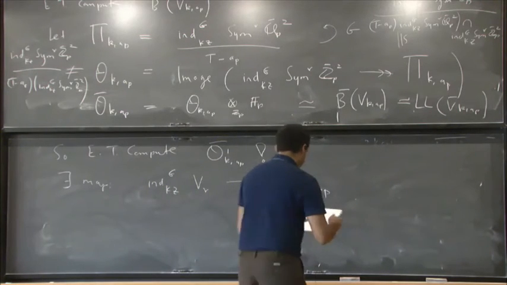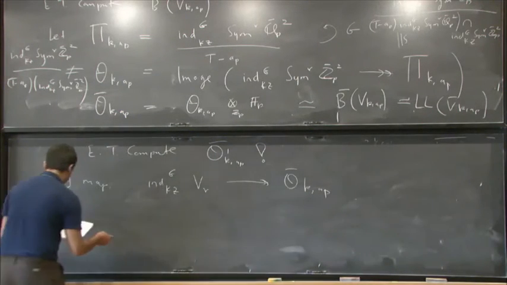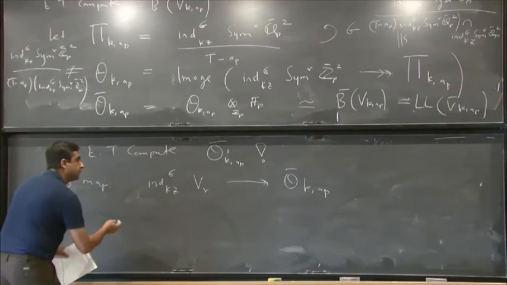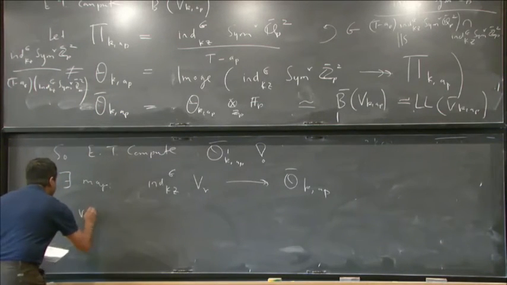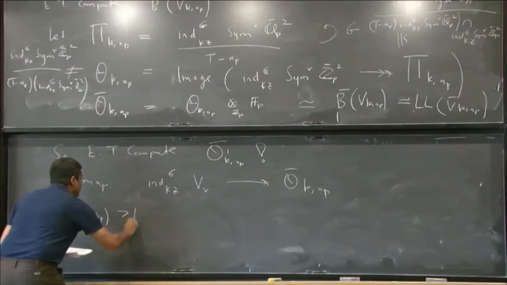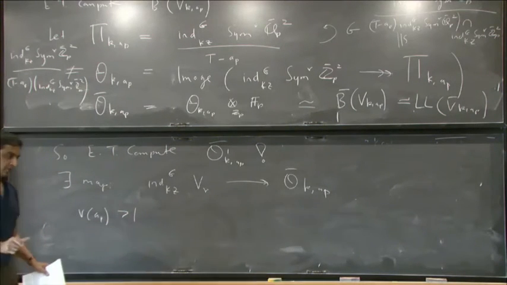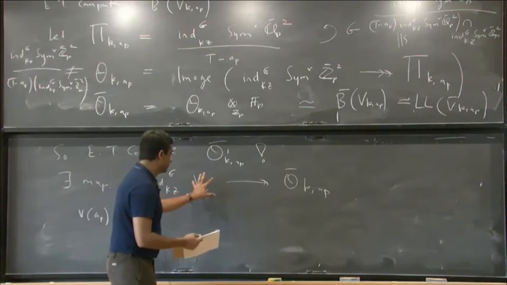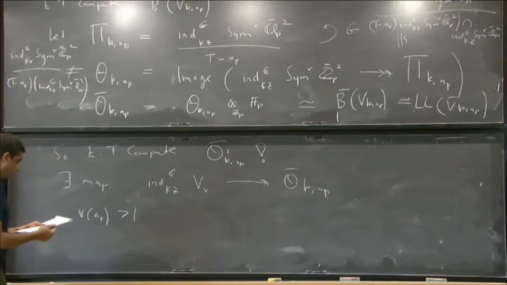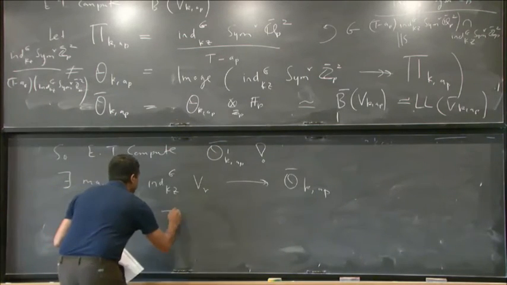Okay, so here's a very nice observation of Buzzard and Gee. So they do it much more generally, but let me just say it in this special case. So they remark that when your valuation is in a particular range, you can actually write down what this kernel is to some extent. Not completely, but to some extent. So in particular,